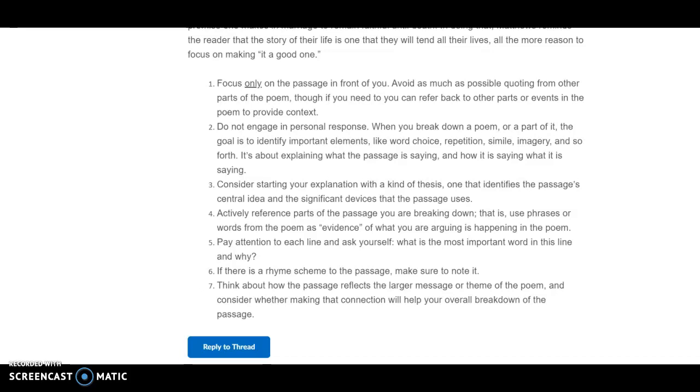So whether you're dealing with a passage where I would ask you to talk about the larger message or theme, or an entire poem, think about the poem in its parts and ask yourself, what job is each part of this poem doing? How does that job connect to the larger story of the poem? And how does that particular part reflect important ideas of the poem itself? So these are the things I'm going to recommend that you keep in mind as you're working your way through the exam.